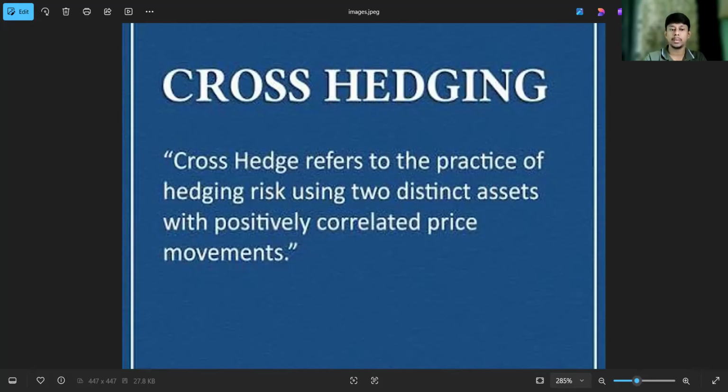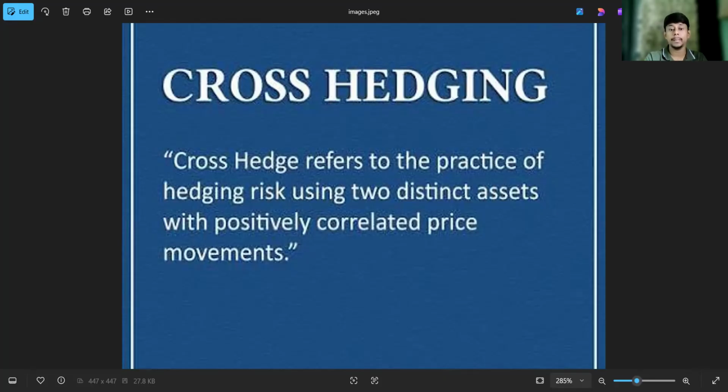So now the quick recap: cross hedging is protecting yourself using a related asset, not the exact one. You do it because the exact hedge doesn't exist, it is too illiquid, or the substitute is close enough. The trade-off is basis risk. Your hedge might not track your real exposure perfectly. So choose carefully using correlation and hedge ratio, not guesswork.